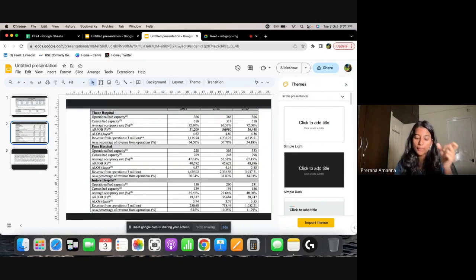But all in all, in spite अगर आप ARPOB कम भी है, you can see that the revenue, the PAT margin is around the same. Yeah, EBITDA margin is also theirs is higher, right? So all in all, it is still okay, right? So in all terms, if you see, agar aap dekhte ho,